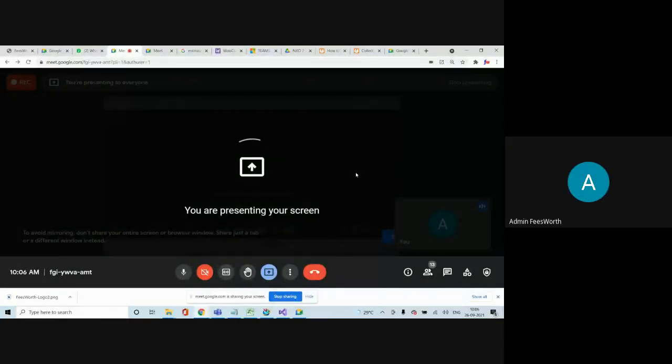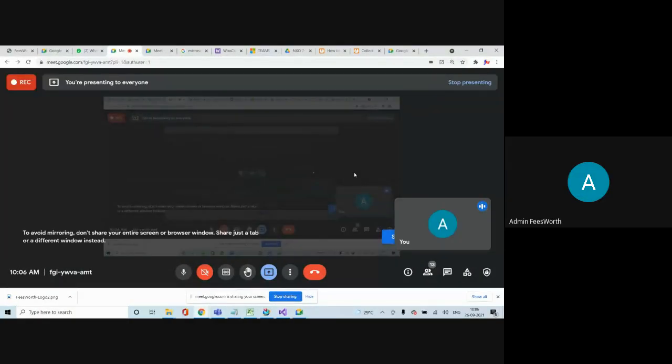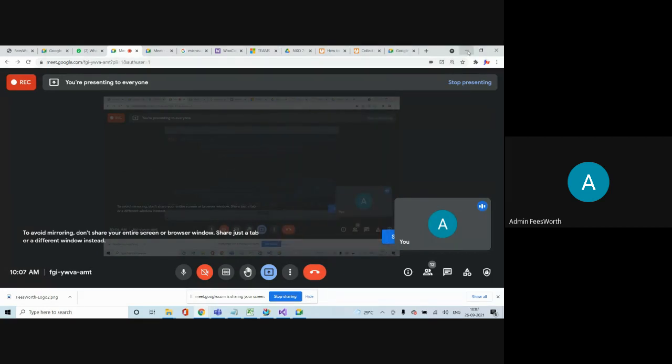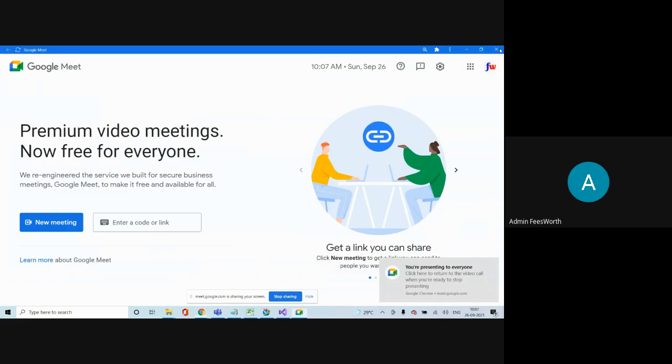And I think you can see my screen now. First thing is you click that three vertical dots in the meeting control where you mute, unmute. Okay, more options, and choose full screen so that you can see my screen better. Keep full screen. Okay. Fine. I hope you might have done. All right.